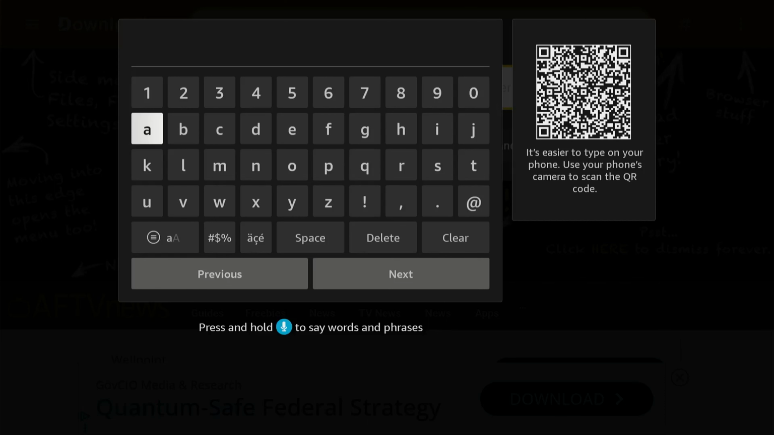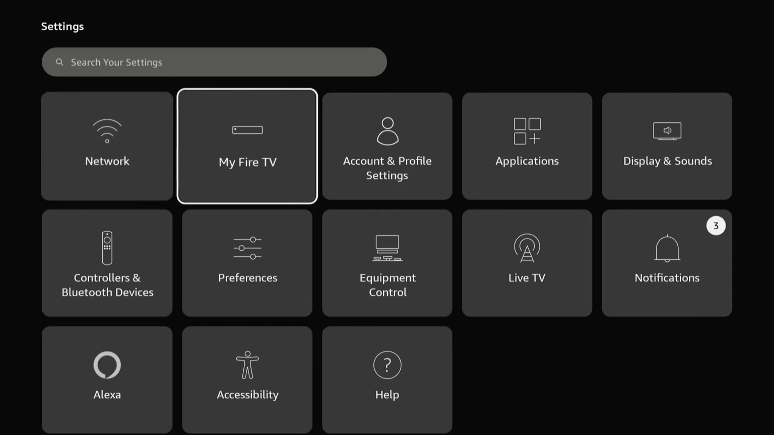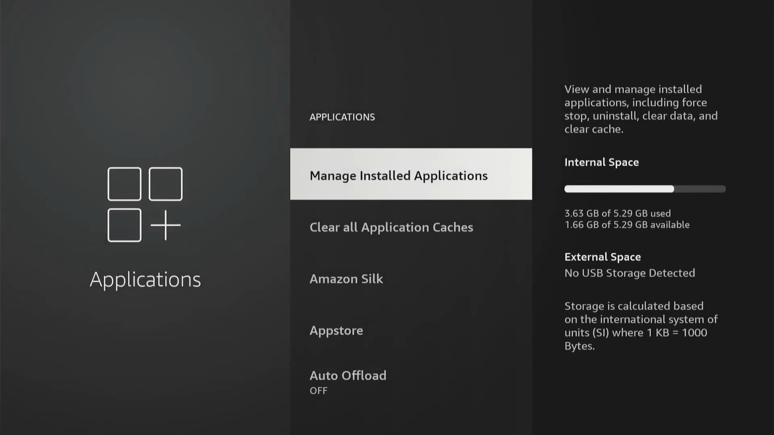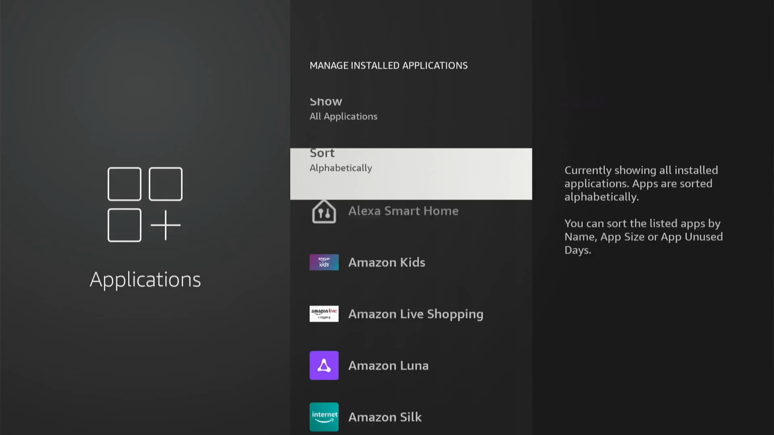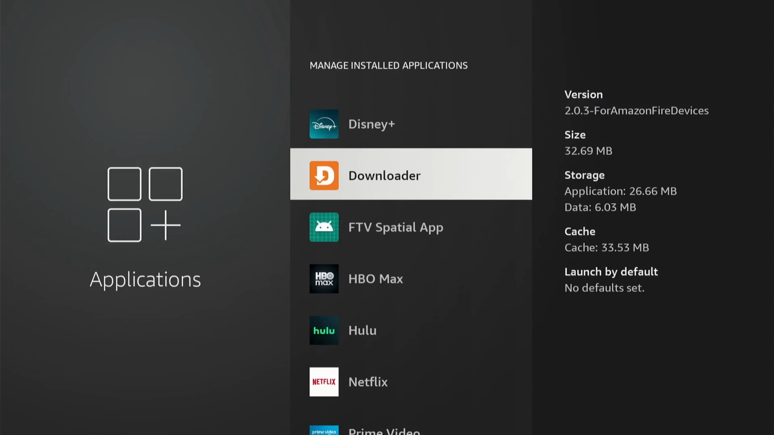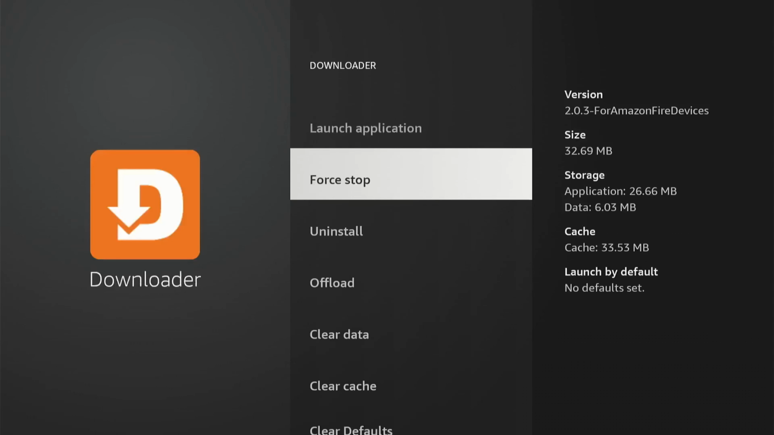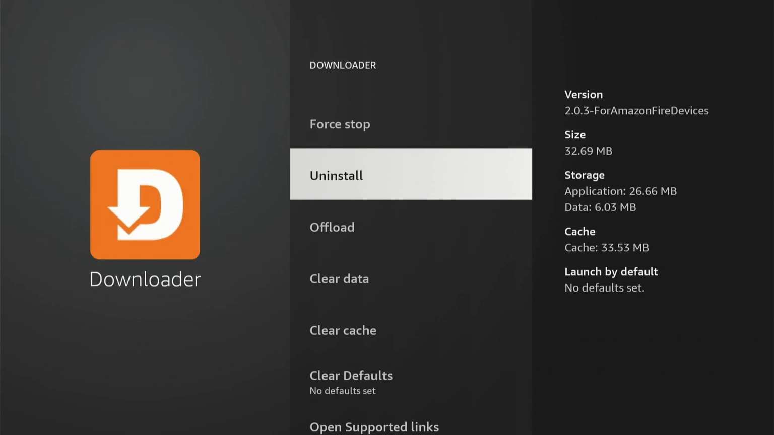If you receive an app not installed error, the new APK may use a different signature or package version. To fix this, open your settings, select Applications, choose Manage Installed Applications, go ahead and select the app, let's say it's Downloader itself, and then choose Uninstall. Be aware that uninstalling may erase the app's saved data, but now you can return to Downloader and install the